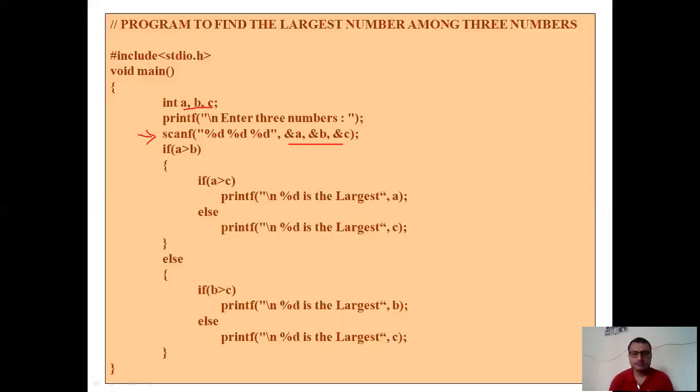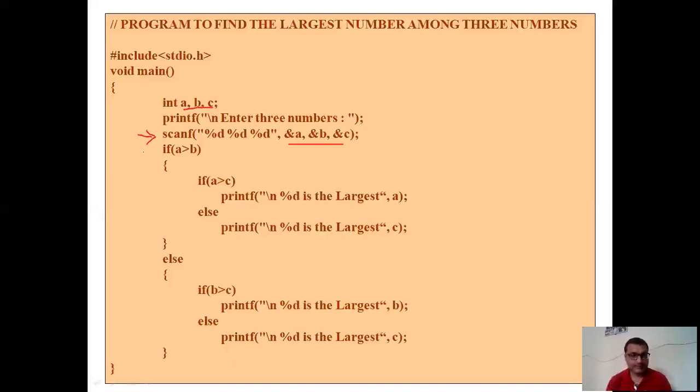Now, as you know, we can have three possibilities: the first value can be largest, the second can be largest, or the third can be largest. Right. Now, what is the condition when A is largest? A should be greater than B as well as greater than C. Okay. So if I have to implement this same problem with an else if ladder, I can go for logical operators, right? I can write like this: if A is greater than B and A is greater than C, then I can print, okay, A is greatest, right?